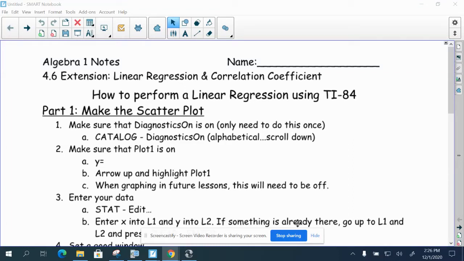Hello everyone, this is lesson 4.6 extension, linear regression and correlation coefficient using your graphing calculator. So first thing I need you to do is to make sure that your calculator is out and ready to go, your graphing calculator. You can't just use a regular scientific calculator, you need to have your graphing calculator